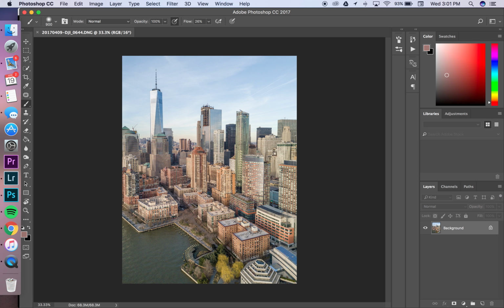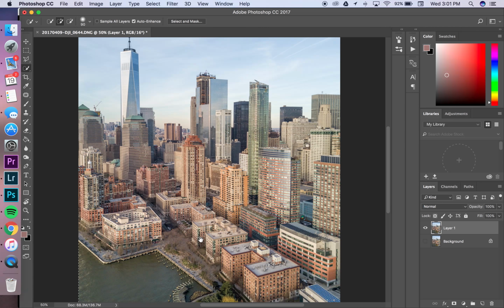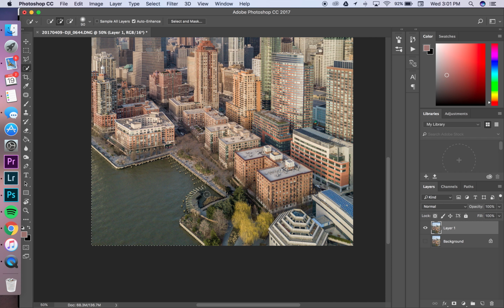Okay, now that we're in Photoshop, Control J because I don't want to work on the background layer. And very simple what we're going to do. We're going to go to the selection tool, select this layer, which is, you know what, let's go ahead and zoom in. Command plus to zoom in, spacebar to the hand tool. We're going to go ahead and add this selection over here. So add that, and then